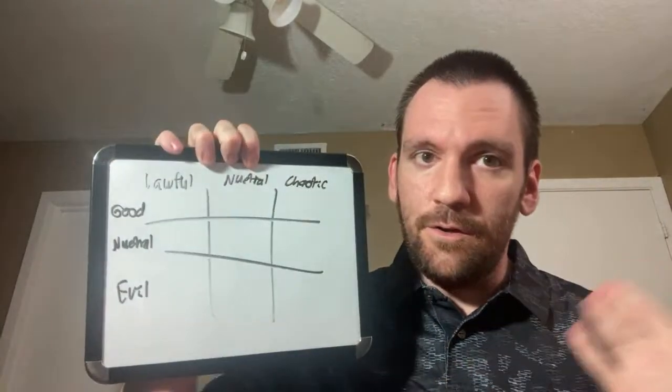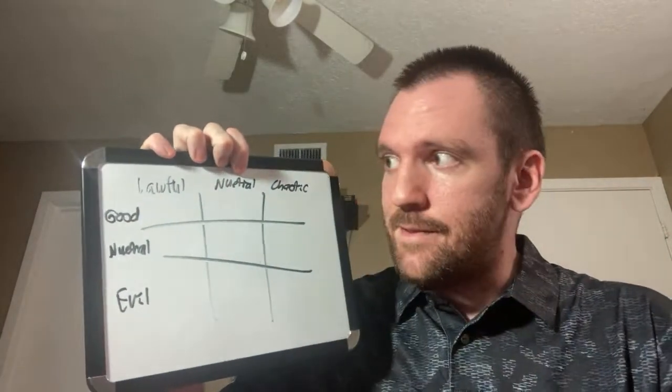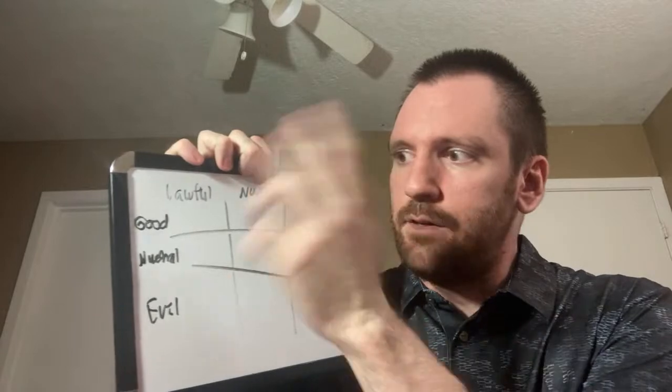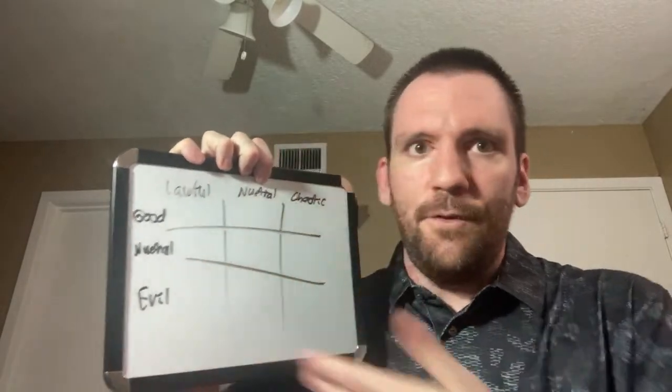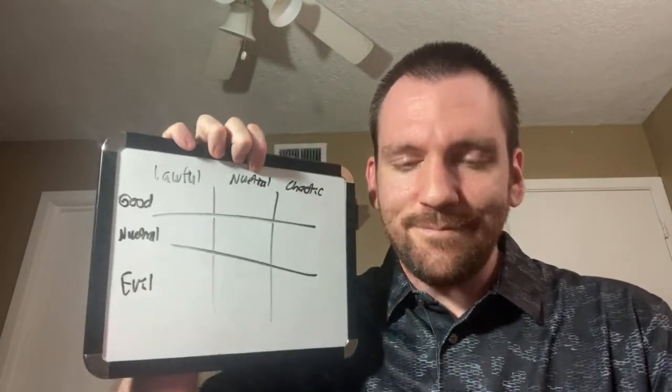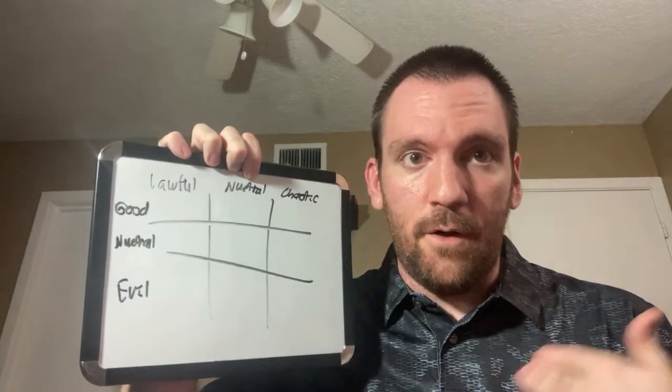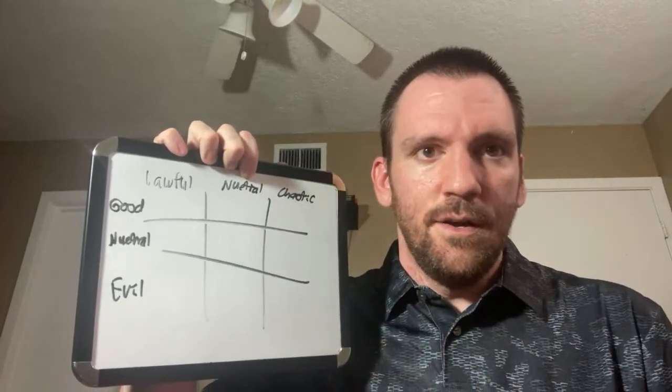That's where a lot of the tension comes in, of course, for both the viewers and the characters. But yeah, another good way to build characters is the classic alignment system. You got lawful, neutral, and chaotic, and good, neutral, and evil. The lawful character will follow the rules, and the chaotic character will break the rules.